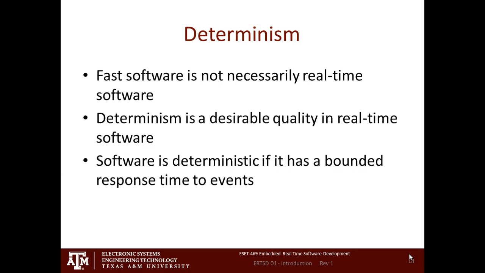Now, a real-time operating system does not guarantee determinism, but at least gives you the ability to design to be deterministic. So determinism is a desirable thing to do in a real-time operating system. And by the way, determinism doesn't mean that something happens in exactly X seconds. It means it happens between X and Y seconds. Milliseconds, microseconds, nanoseconds, femtoseconds, whatever.